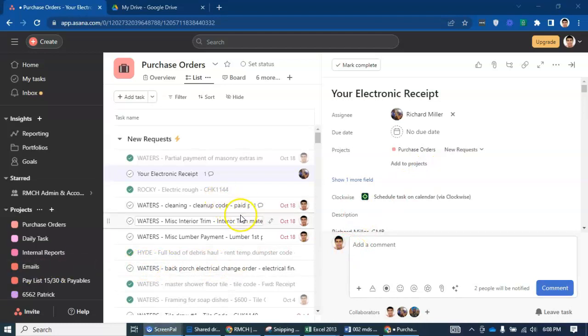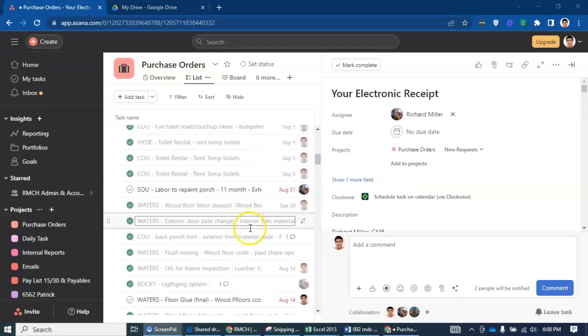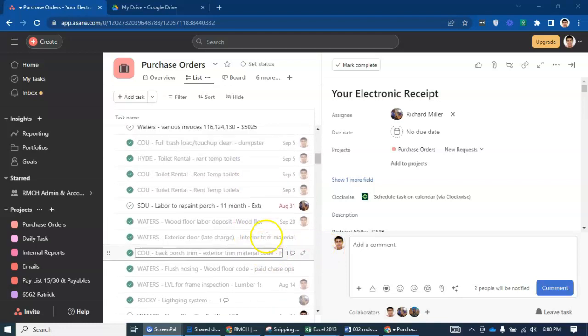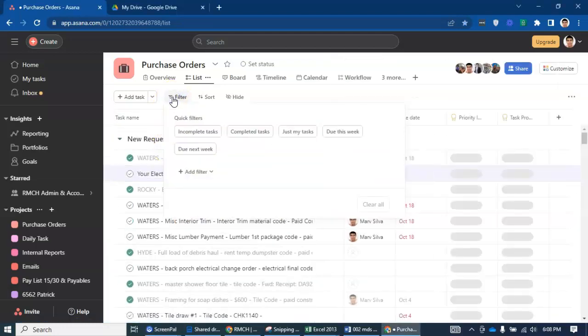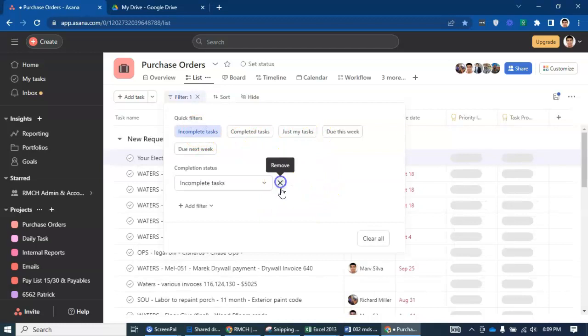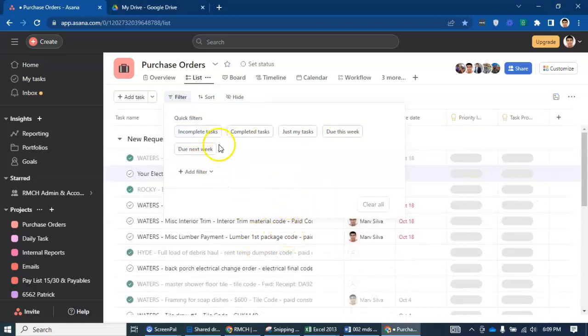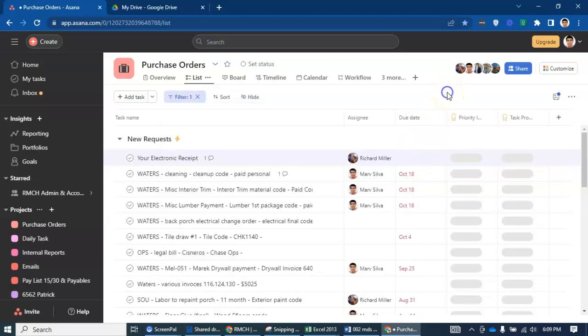Now there are some replies that have been made, for instance from Richard. So we can filter by incomplete tasks. Once you filter the incomplete tasks, it will show only incomplete tasks.